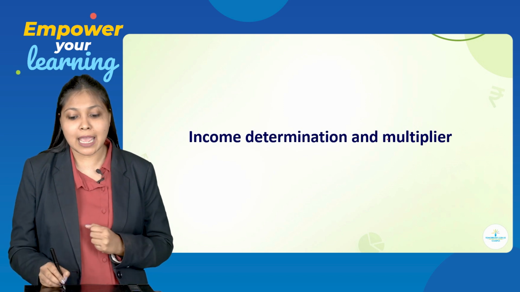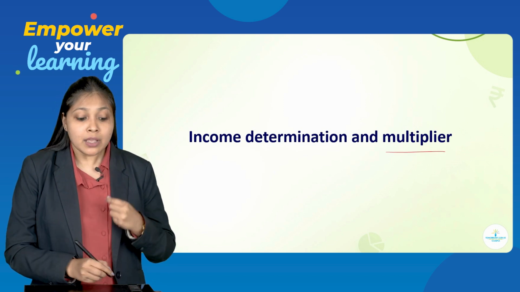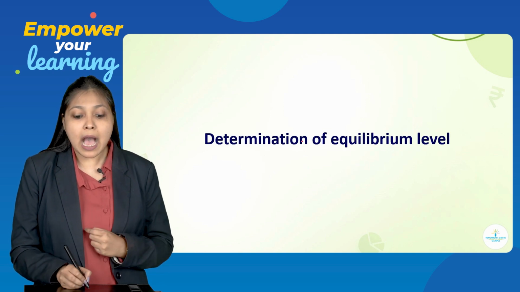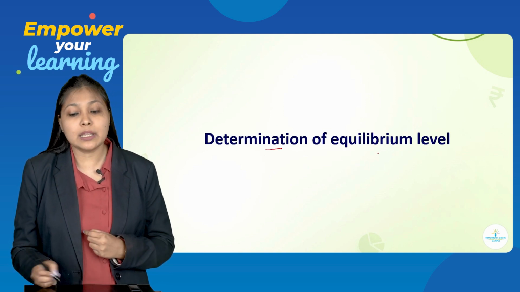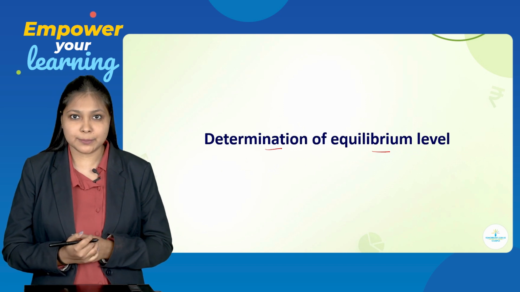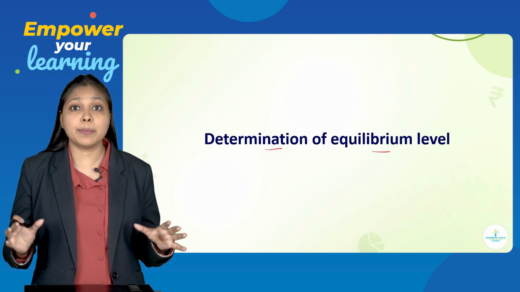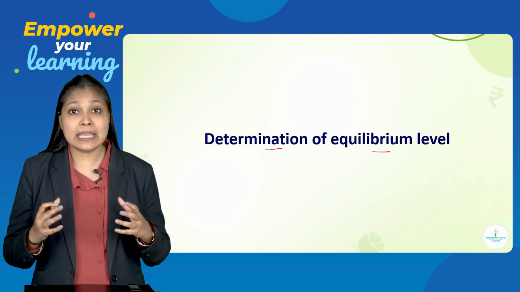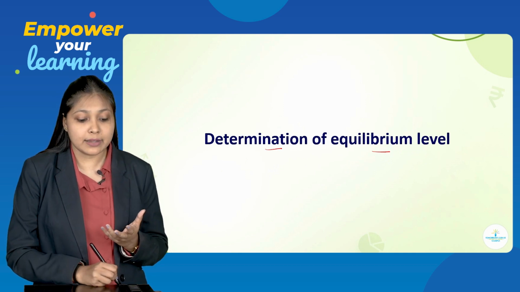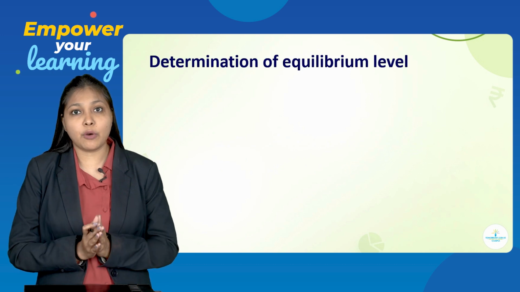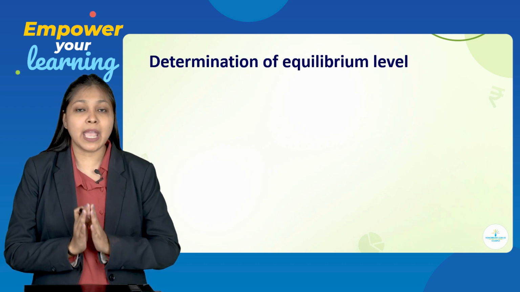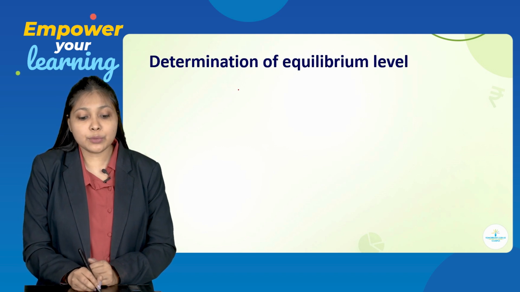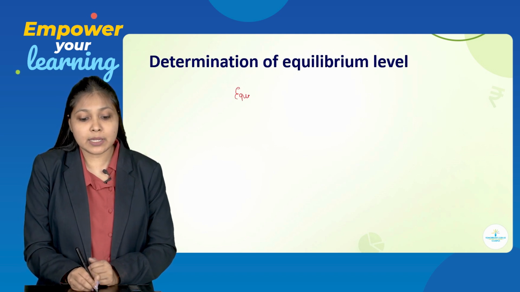income determination and multiplier. Here, basically, we are going to understand first how do you determine the equilibrium level of the economy. We are not talking about any individual demand or any individual supply. Here, we are going to talk about the entire economy. So, first of all, let me explain what are we actually going to study. So, we are going to study how do you determine the equilibrium level